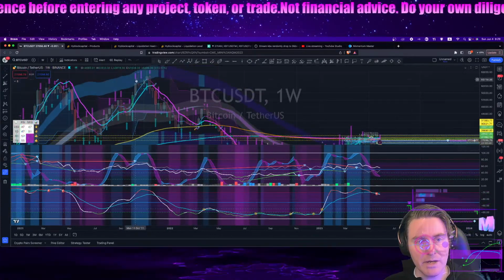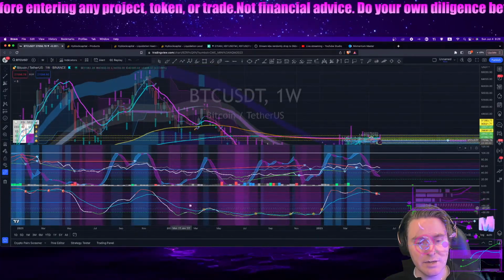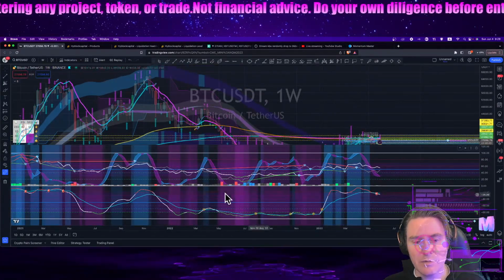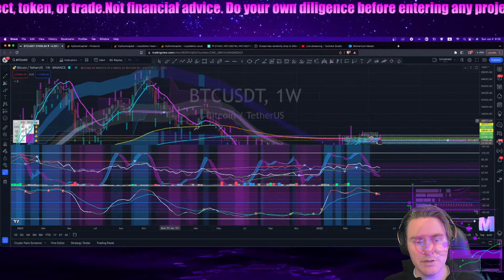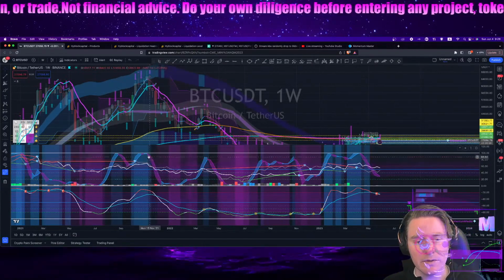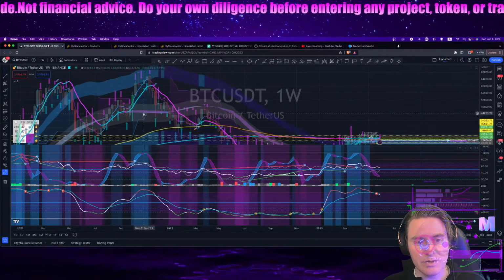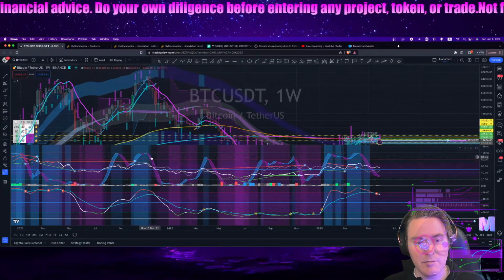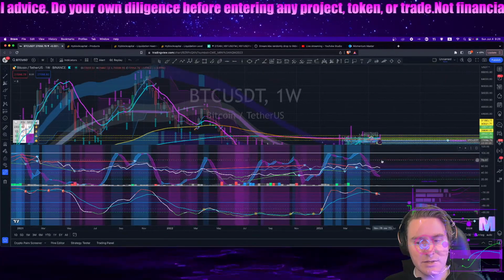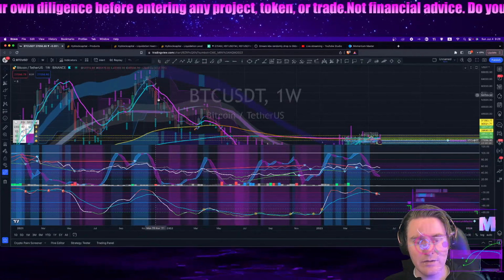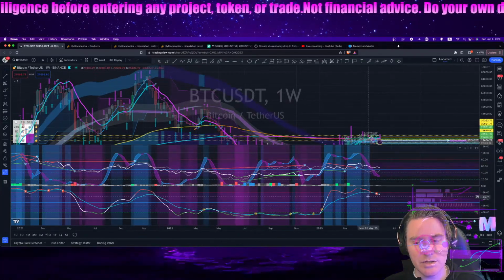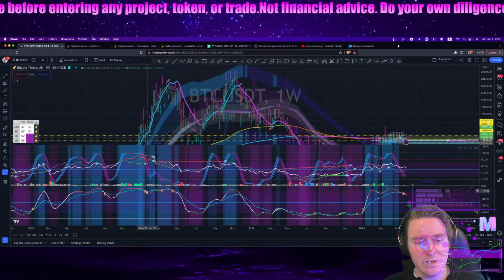Similarly, when we were overbought back here on the Williams, we did come down too. So when you get overbought on the Williams in conjunction with the stochastic RSI, that is something to note. However, normally it lets you know what's going on in a manner as the stochastic is resetting. The stochastic has reset without giving back much of the price action, suggesting you could have one of these triple